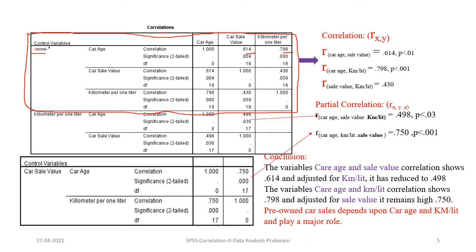The conclusion says that the correlation between the variables car age and sale value has shown 0.614, and adjusting for the kilometer has reduced it to 0.498. The correlation between car age and kilometer per liter shows 0.798, which is given, and adjusting for the sale value it remains high at 0.750. Therefore, pre-owned car sale depends upon car age and car kilometer per liter and plays a major role in selling